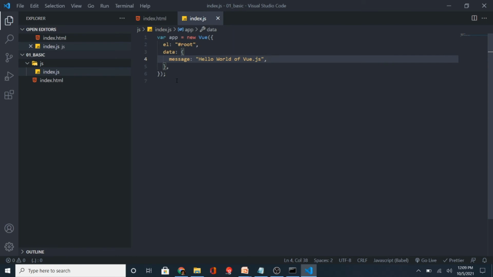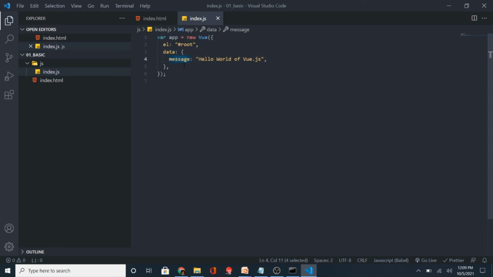Now you can see this is a very simple JavaScript code, guys. What we are doing is creating a variable, and this is basically an object. Which particular object? It is a Vue object, and inside the Vue object we are setting some data. So here we are specifying the element. el is used for specifying the element, and data is which particular data I want to show.